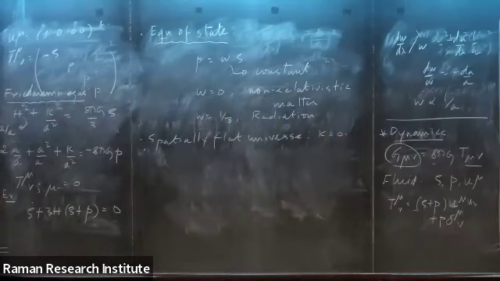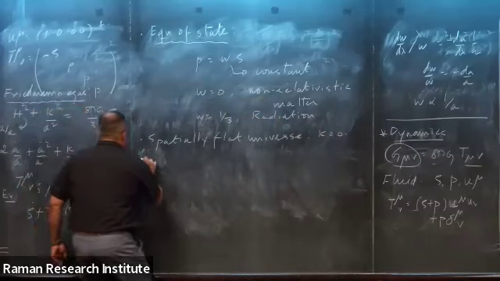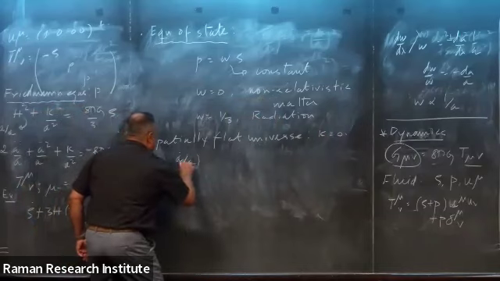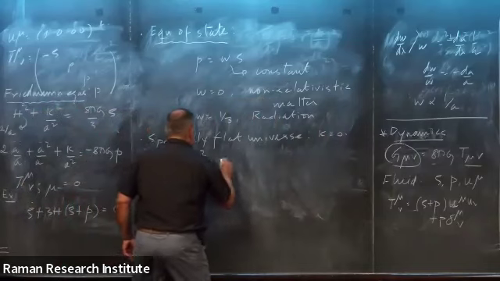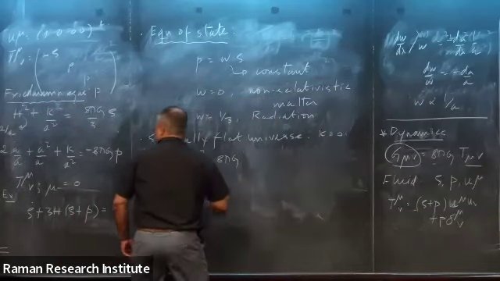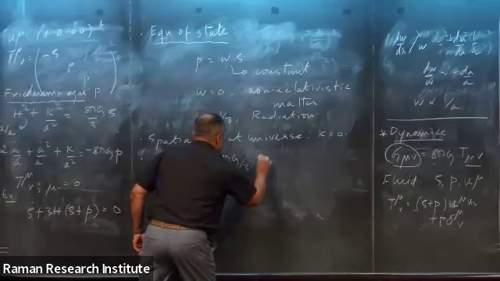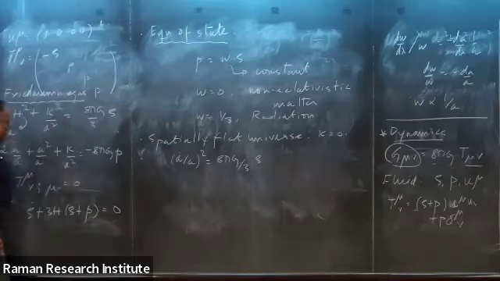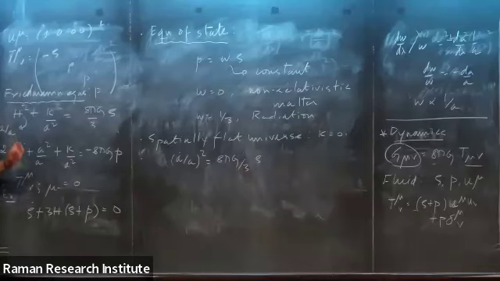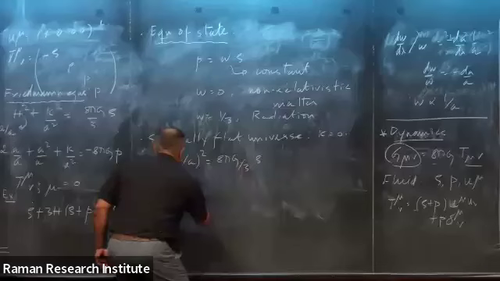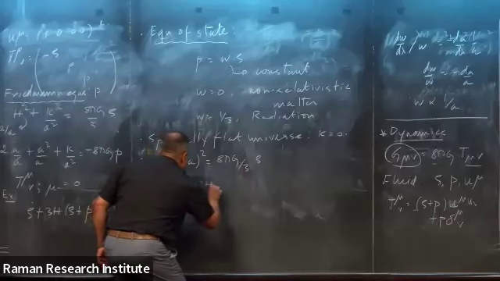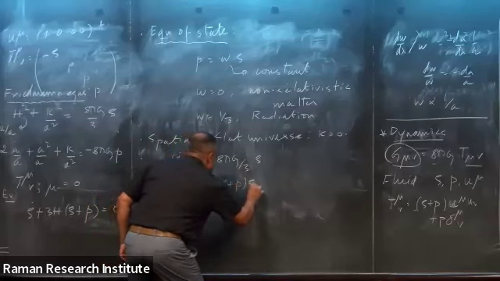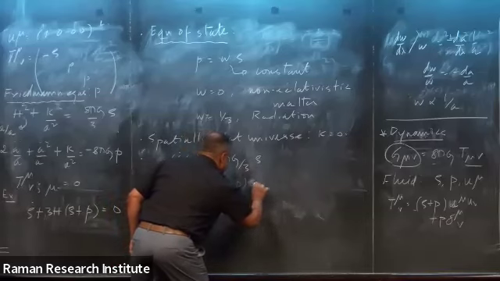Now, what are we going to do? Under these conditions, we would like to solve for A of t. What are we left with? We are left with this: A dot by A whole squared is equal to 8 pi G by 3 rho. And this contains a second derivative. I don't want to go around solving that. I will solve this instead: rho dot plus 3h into rho plus p equal to 0.